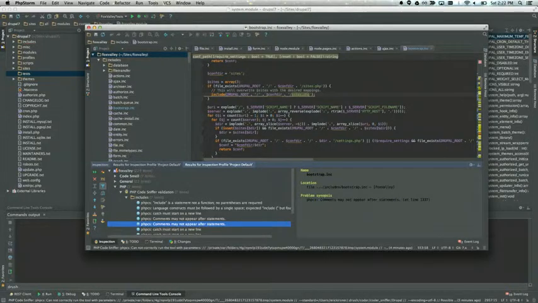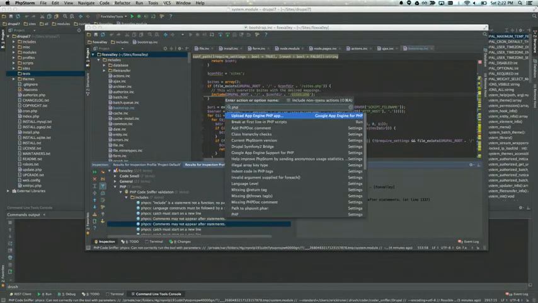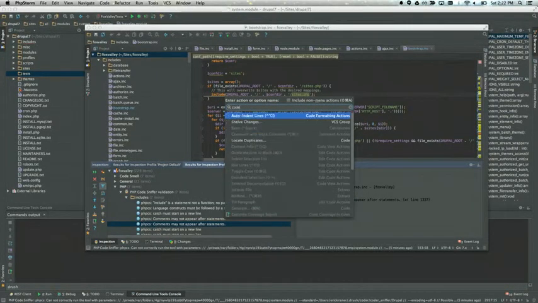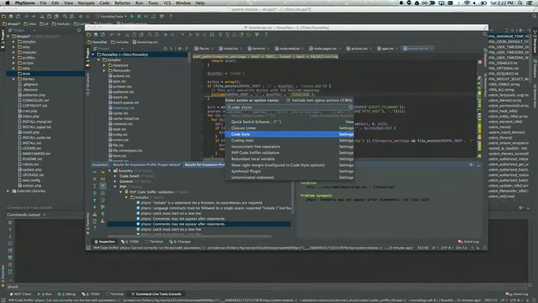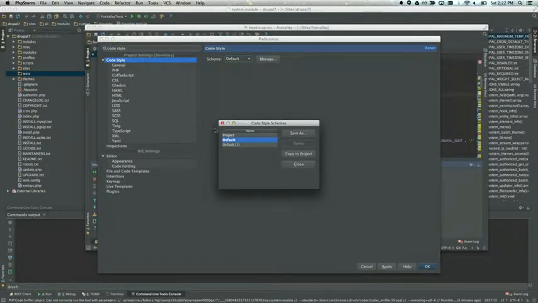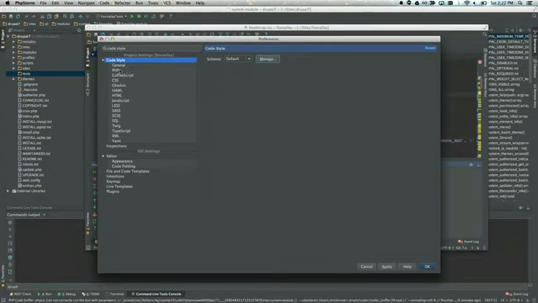And it knew how to reorganize because, so these are my project settings. And usually by default, let's say it was the default. Click on PHP.